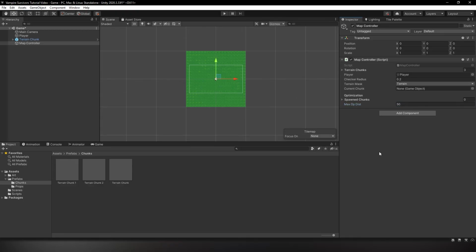Now, take note that it must be greater than both the length and the width of the tile map. This is because a lesser value of this max op distance will cause the map controller to spawn another chunk over the existing one because it will still be disabled. So this is very, very important because the collider doesn't work when it's disabled, so the Physics2D OverlapCircle cannot detect it. Now, if you hit play and